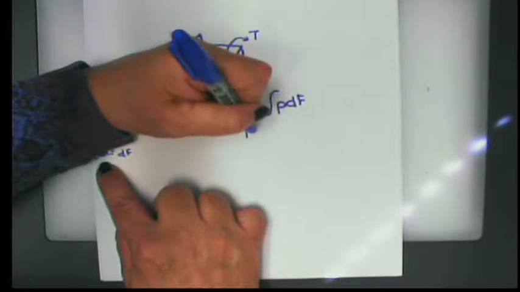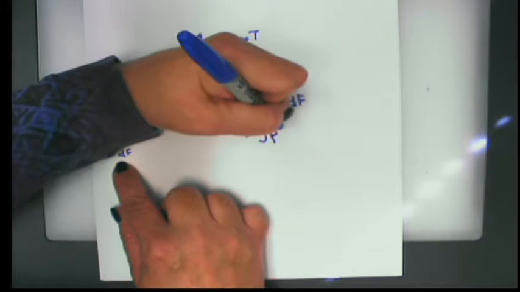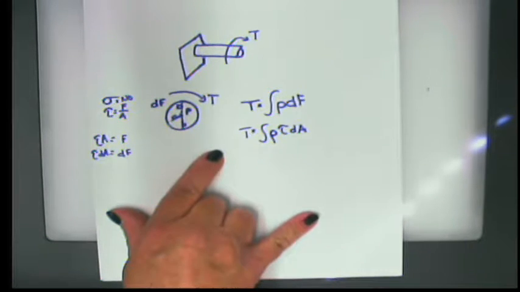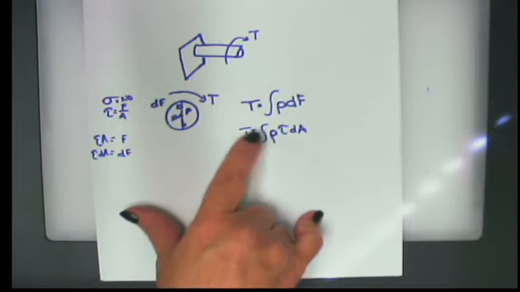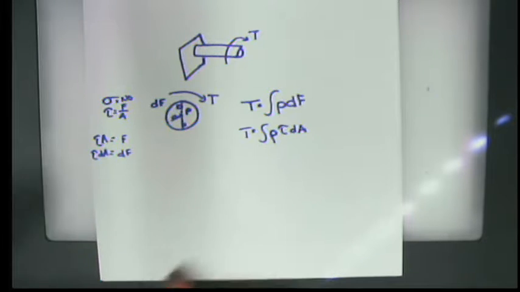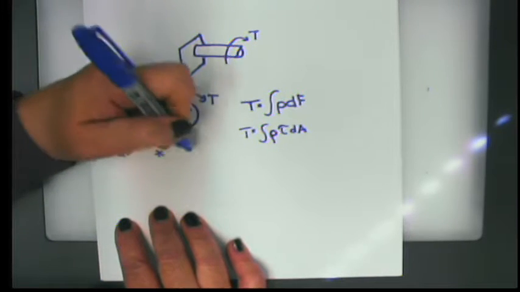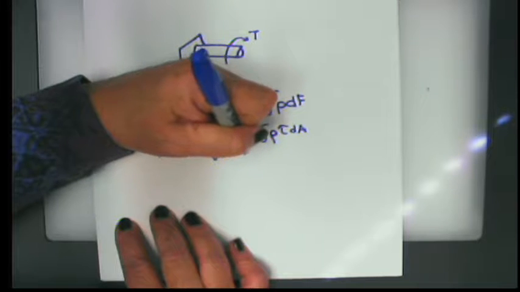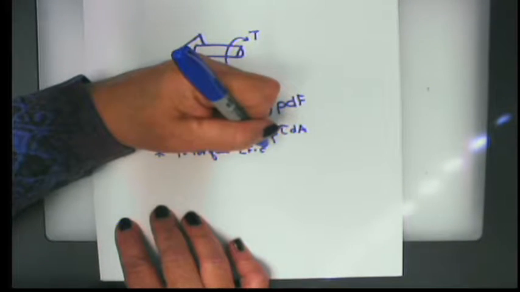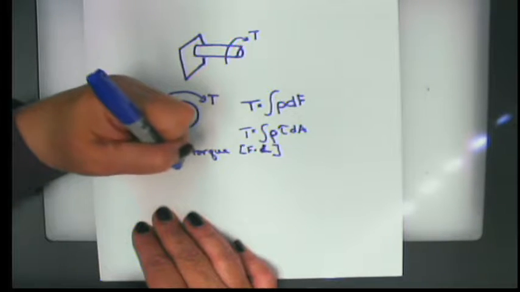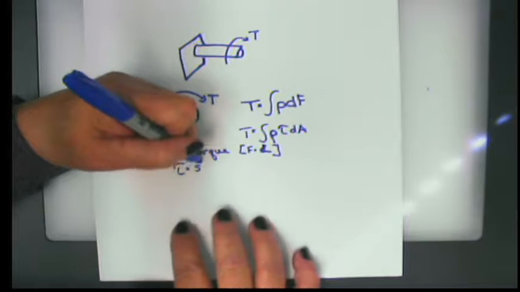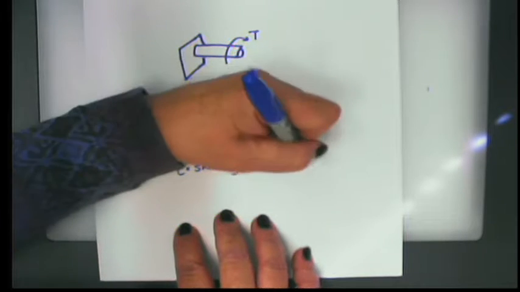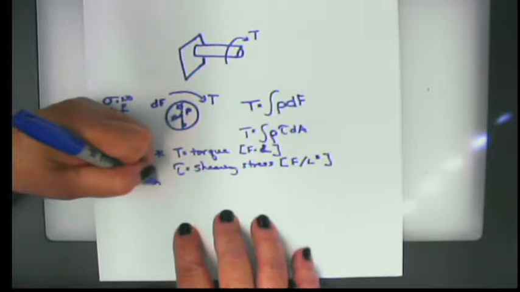So I can rewrite my integral as rho tau dA. Okay? And we have a mathematical, not terribly useful yet, but we have an expression for a relationship between a torque and a tau. So we can say then that T, which is torque, which has dimensions of force times distance, or force times length, and tau, which is shearing stress, which has dimensions of force per area, or force per length squared, are related